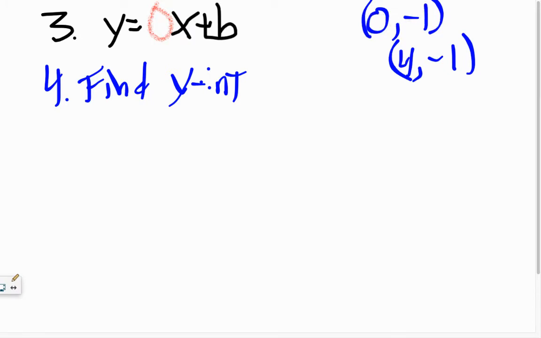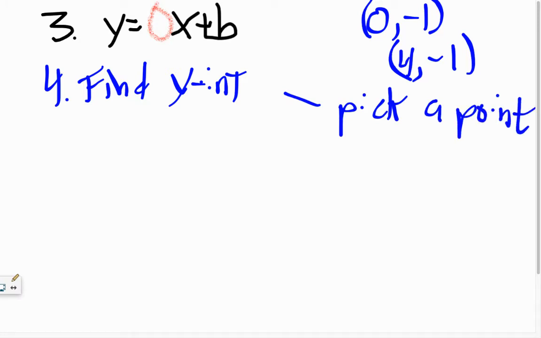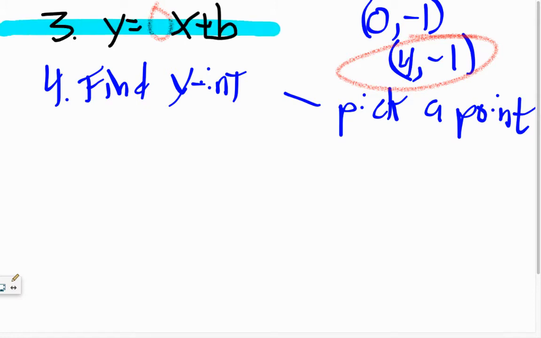If you don't see the y-intercept, they didn't give it to you, they didn't tell you what the initial value is, then what we do on step 4 is you pick a point. If you need to make that note to yourself, write it in. And it doesn't matter which one you pick, whichever one you like better, whichever one you think is going to work out best. For me, I'm going to pick this guy, 4, -1, and you plug it in. Meaning up here, where we had our equation in number 3, plug in the point 4, -1, where the -1 is the y, and then we've got 0 times that x value, which is 4,